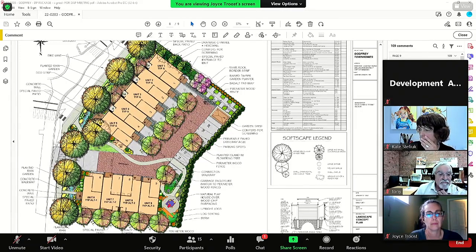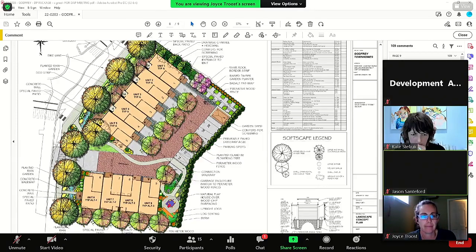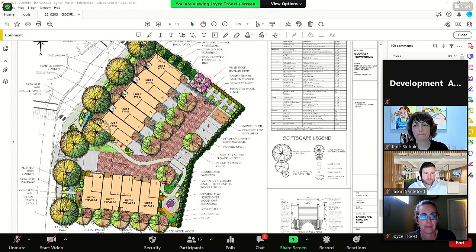We have a central driveway that comes into the project, and we've put some permeable paving in the core of it. And we have also incorporated a strolling path or a walking path from the corner into the site and across the special paving and into the naturalistic play space, which is meant for smaller children, but it has a little tiny play structure made out of natural materials, and then some logs and some stones around it to feel like a nature play area. And we have also incorporated hedging along the rear property line,